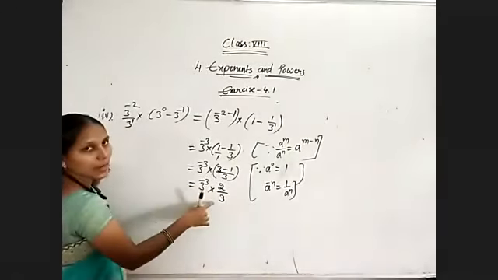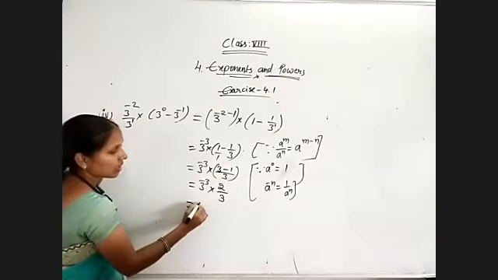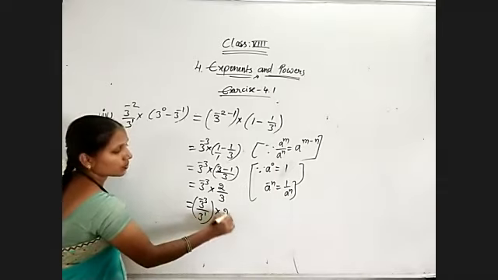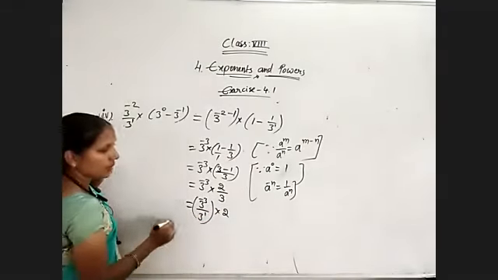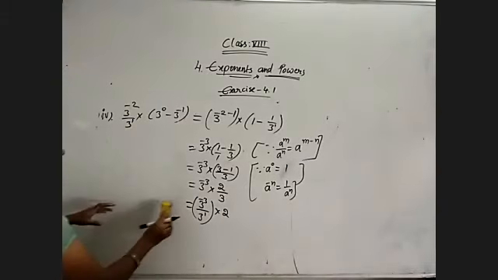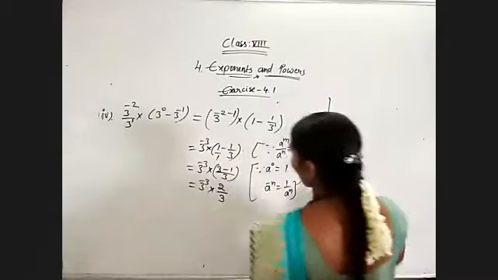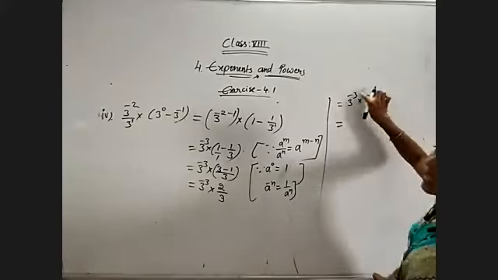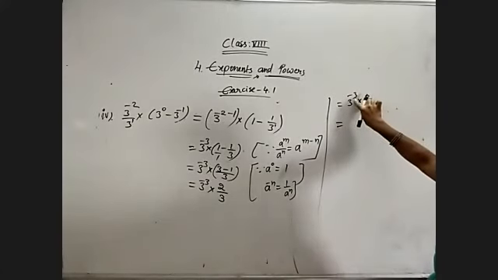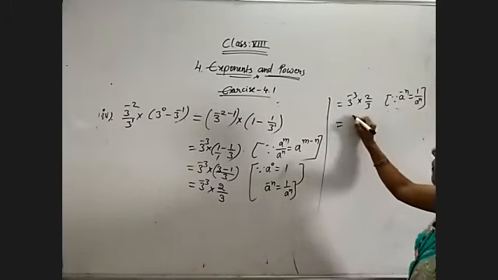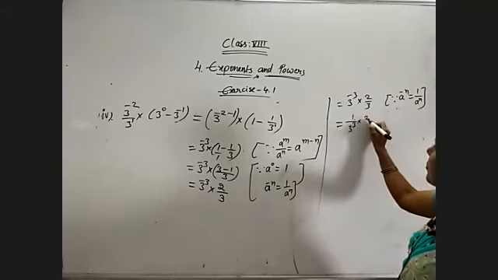These two have the same base. That is 3 power minus 3 by 3 power 1 into 2. So what I am doing, first of all, is simplifying this: 3 power minus 3 into 2 by 3. First of all I am simplifying 3 power minus 3 because the negative exponent is there. So I am using a power minus n is equal to 1 by a to the power of n. Again, what will I get? Into 2 by 3.